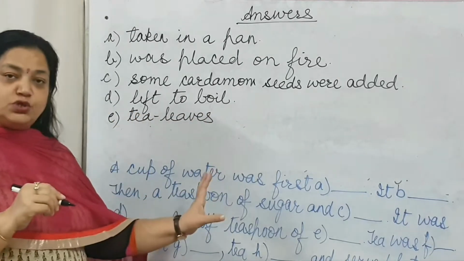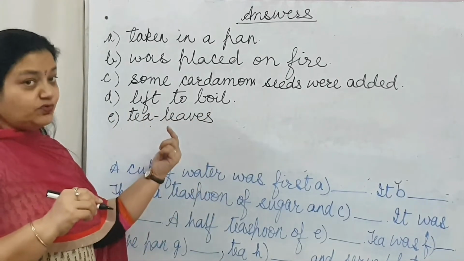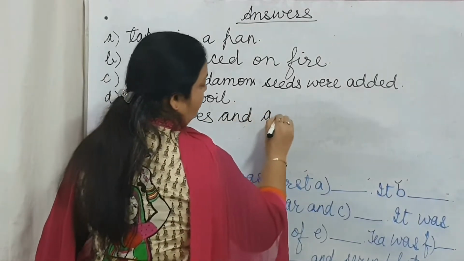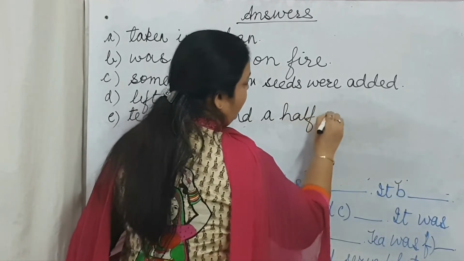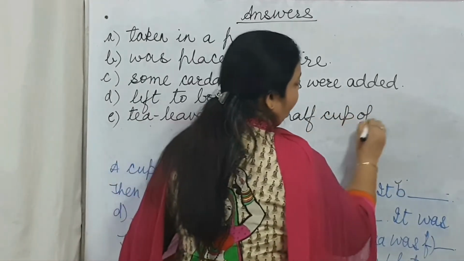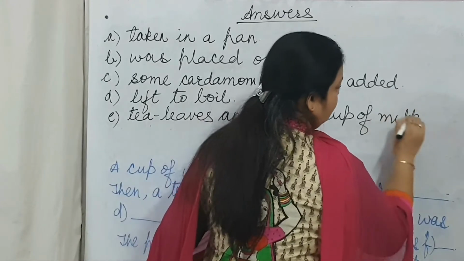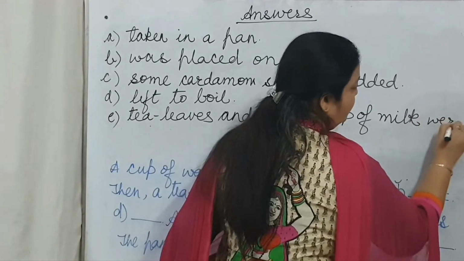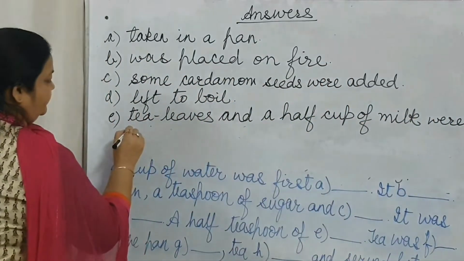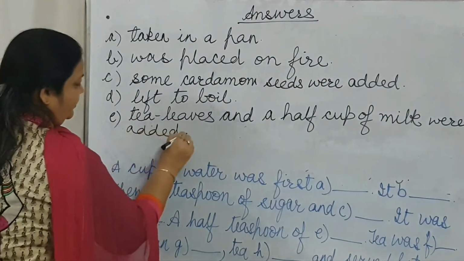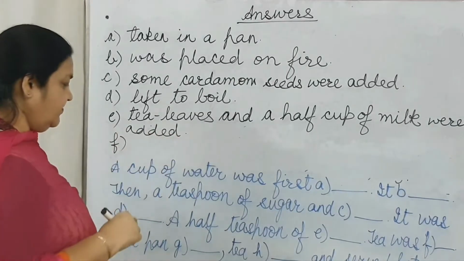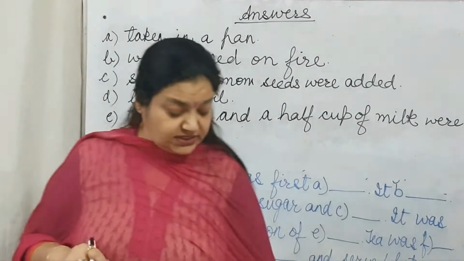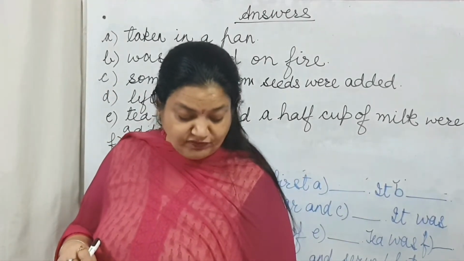Now as there is no mention of milk, so we will have to write it. And a half cup of milk. Now these are two separate things, so were added. Were added. Now F says tea was dash, and what the instruction says, let the tea brew for some